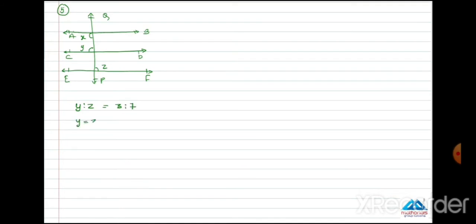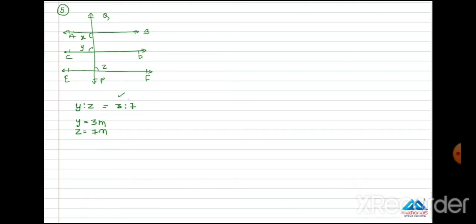So student, y equals 3 and z equals 7 does not mean that. It means that y ratio z, on solving, has given the ratio 3/7. Many people assume y is 3 and z is 7, which is wrong. We have to assume a common multiple. In this figure x is already given, so we will let the common multiple be m, or any other alphabet. So y equals 3m and z equals 7m. Without assuming the common multiple, we can't solve this question.